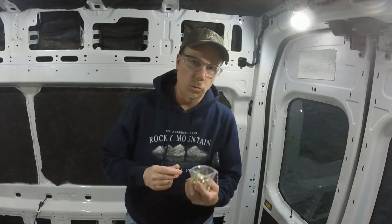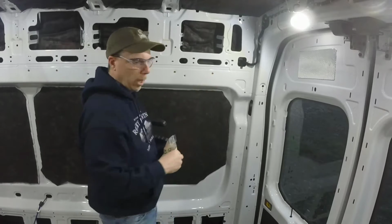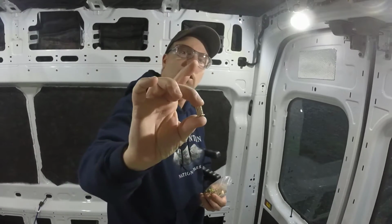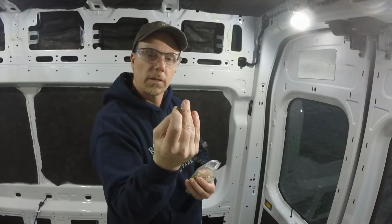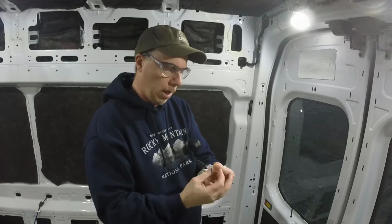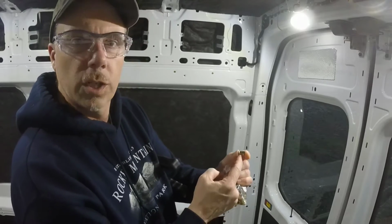So tonight we're installing Rivnuts in all of these little holes here. And a Rivnut, if you don't know what that is, is just these little guys here. The ones I'm installing have a 1/4 thread inside them. And when you pop them in there, it's kind of smooth here with a little knurled edge, but when